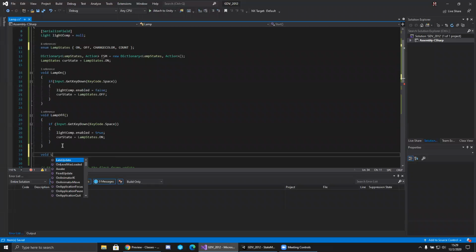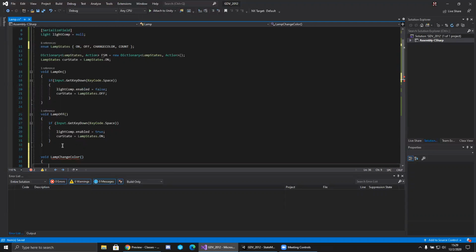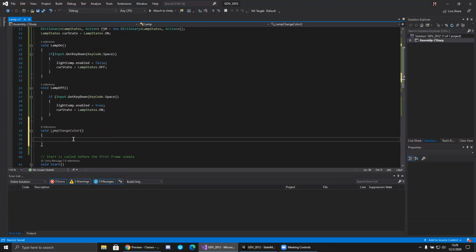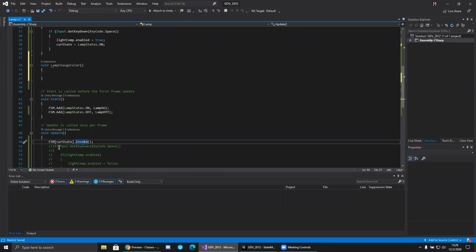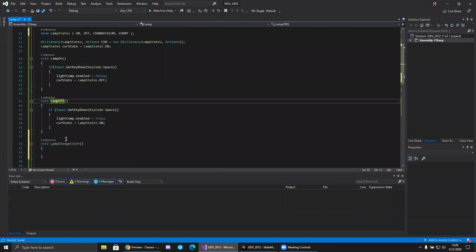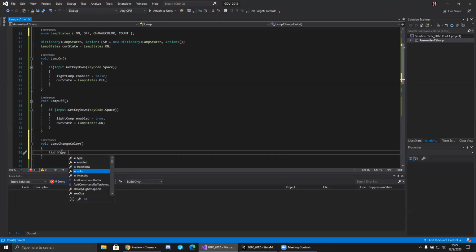Good. Lamp, change color. And whenever it's in this state, I want it to continuously change colors. So keep in mind that each one of these functions will be called every single frame because our update's just invoking whatever the current state is set to. So for our change color, we'll go ahead and get our light and we'll get the color